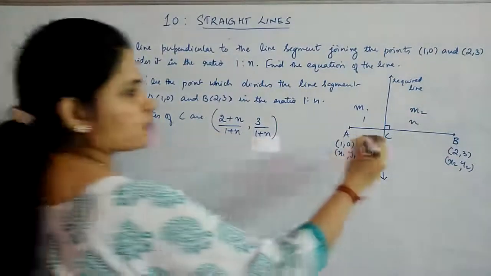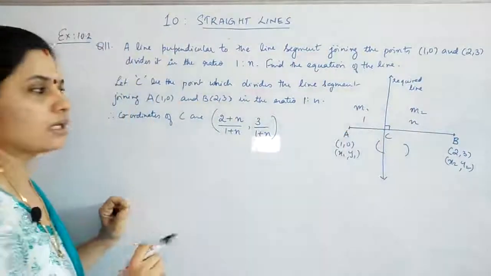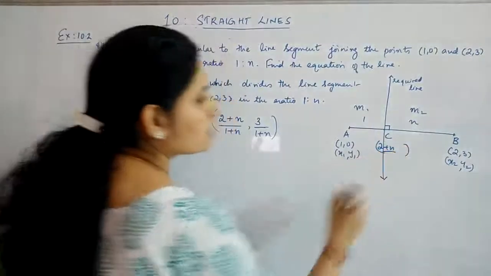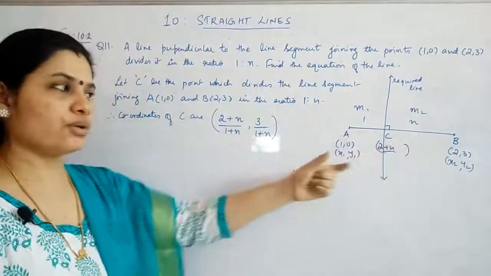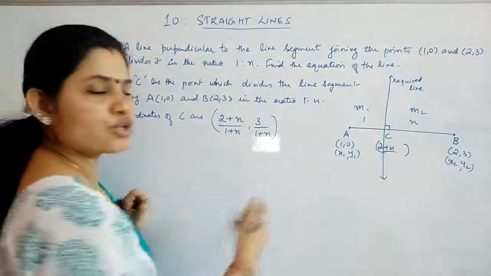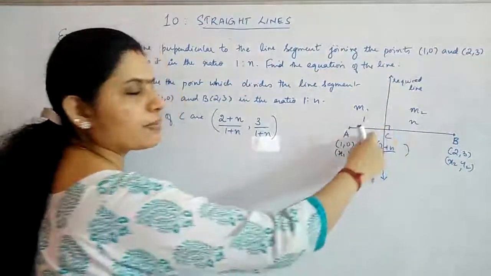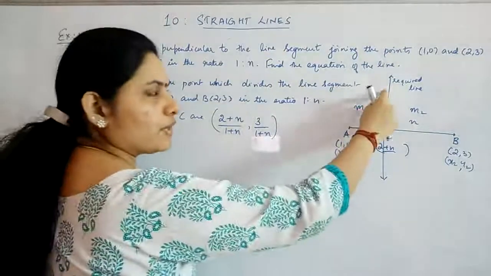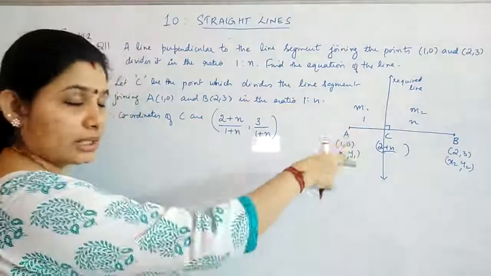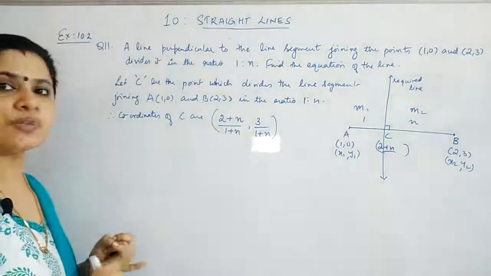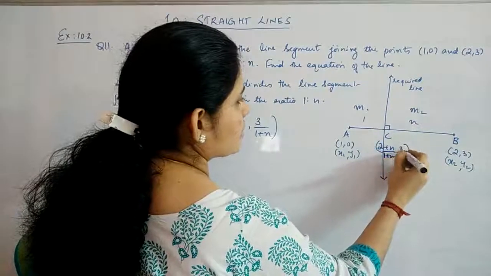Now actually you have this point together with, we have one more condition, that is these two lines are perpendicular, and that will help us to find out the slope of the required line also, because in this line you have 2 points. So you can use by 2-point form, or you can say by y2 minus y1 by x2 minus x1, you will get the slope of this line. And since these two are perpendicular, you will get the slope of the required line also. So now you will be having with this point, 1 point on the line and the slope of the line, so that you can use point slope form to get the equation of the required line. Okay, so this is the point.